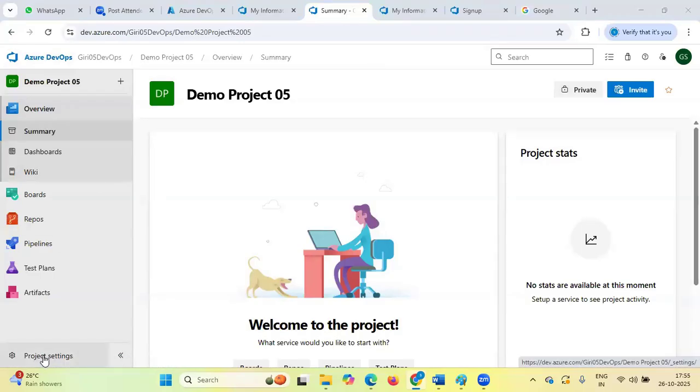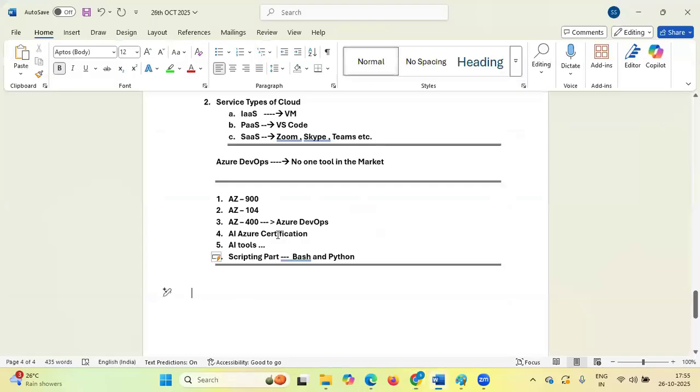So first, the first demo is the creation of a project on the Azure DevOps portal. Then inside the project we must have teams. Without a team we are not able to do anything. So we are going to add members in the team. Let me show you.